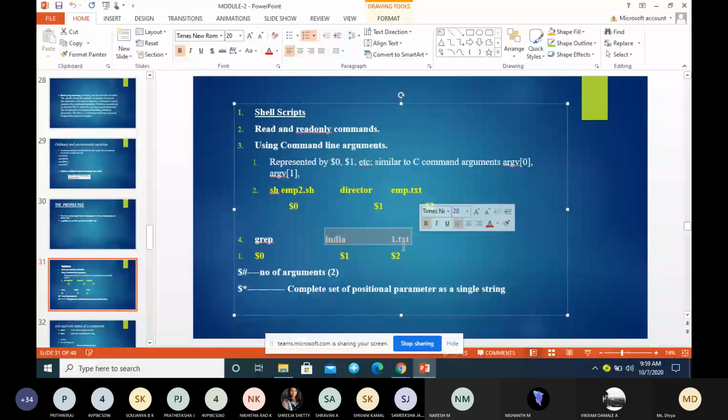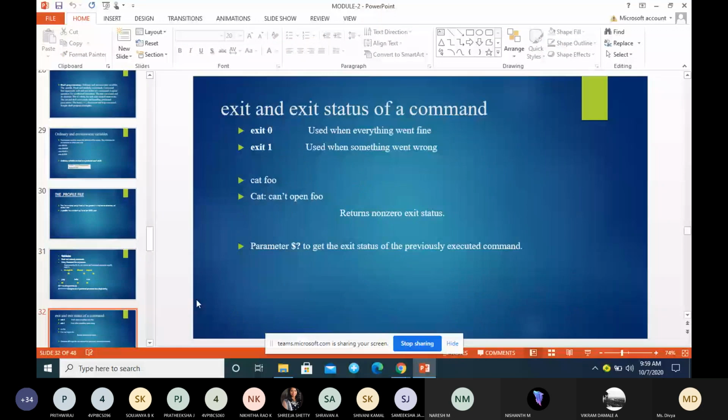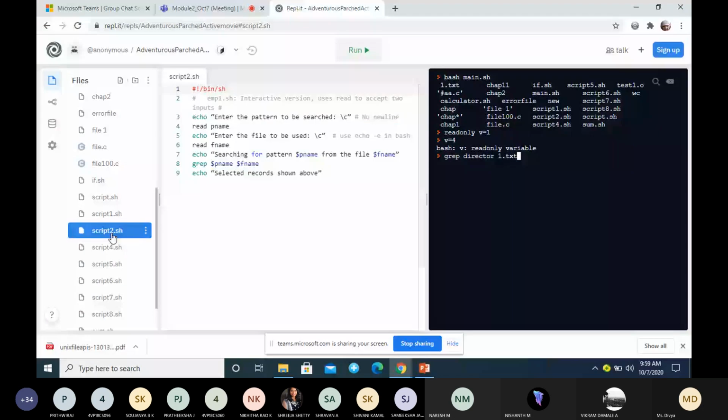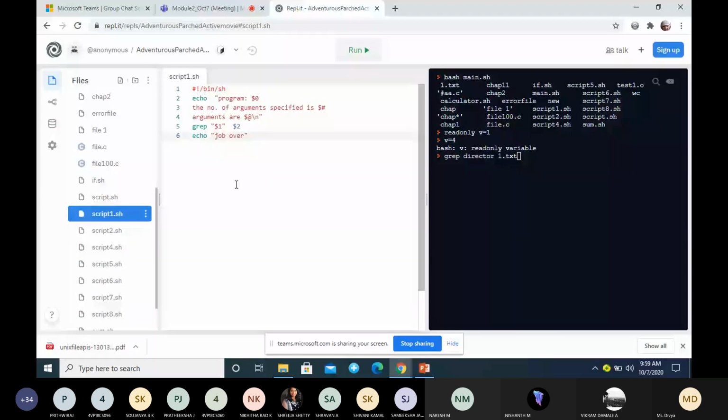So let me give an example. This is a simple example. The first line is called the interpreter line.